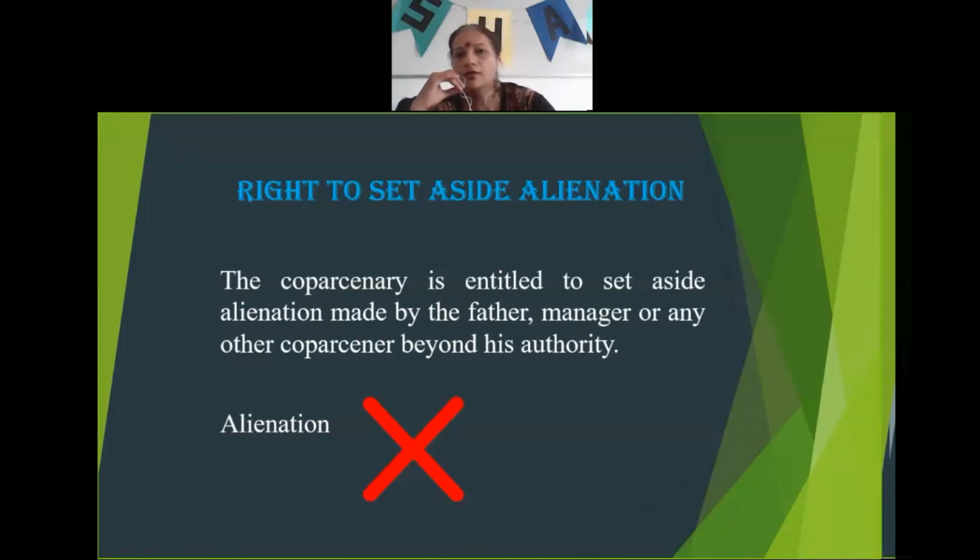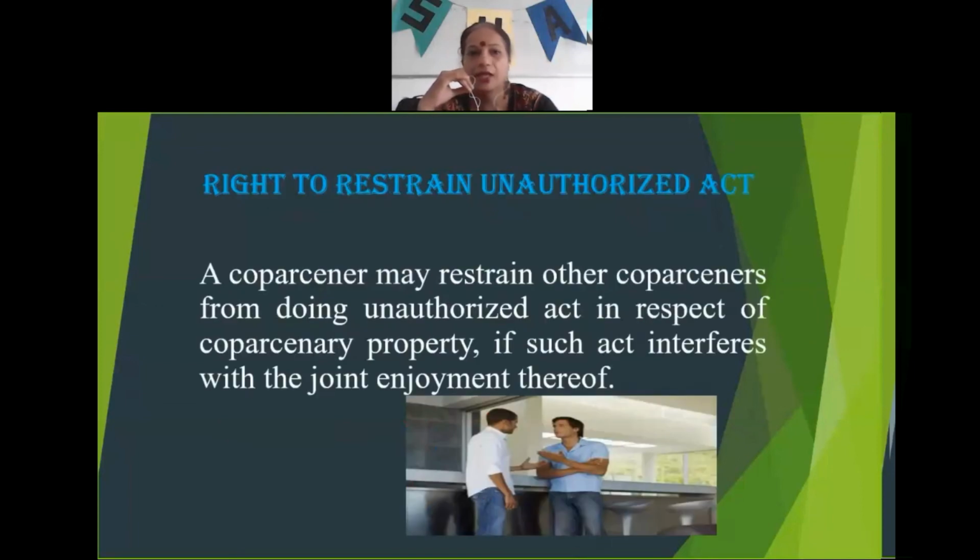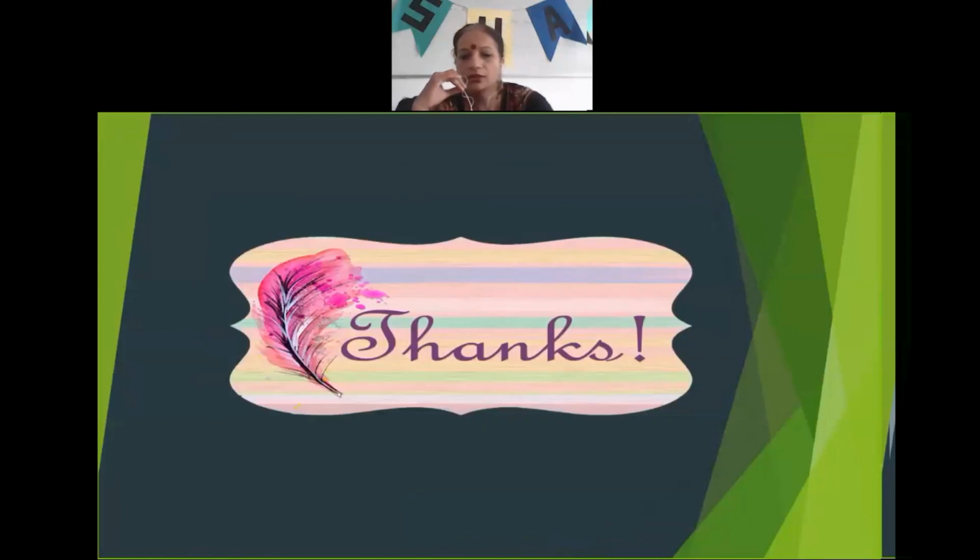Next is the right to set aside the alienation. The coparcener is entitled to set aside alienation made by the father, the manager, or any other coparcener beyond his authority. Alienation is not allowed as long as the property has the status of coparcenary property. Next, the right to restrain unauthorized acts. A coparcener may restrain other coparceners from doing unauthorized acts in respect of coparcenary property if such acts interfere with the joint enjoyment thereof. So students, this was the